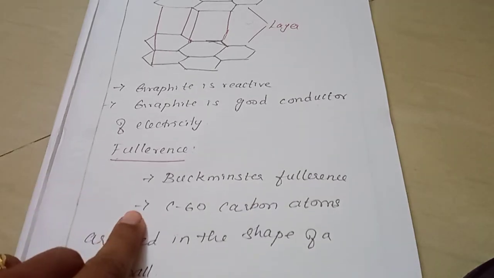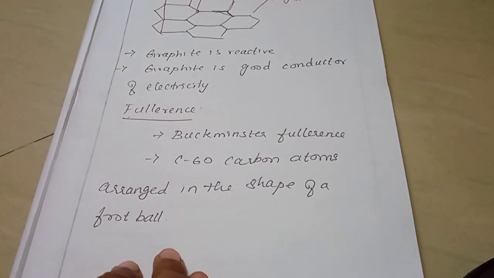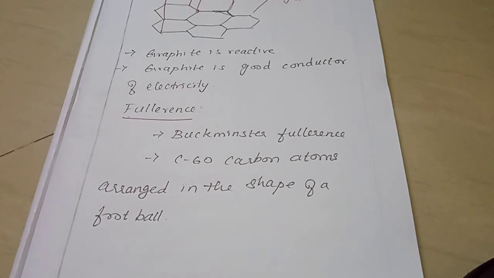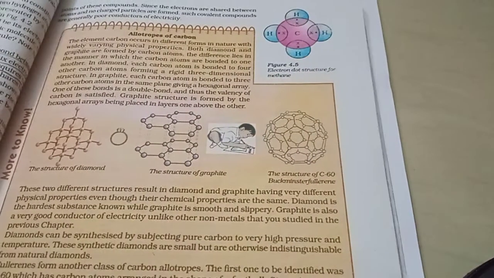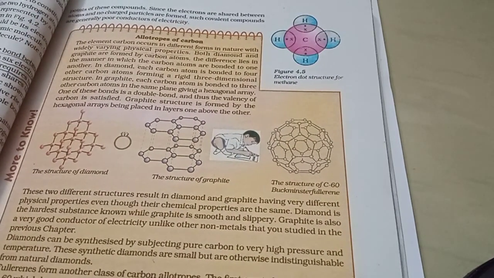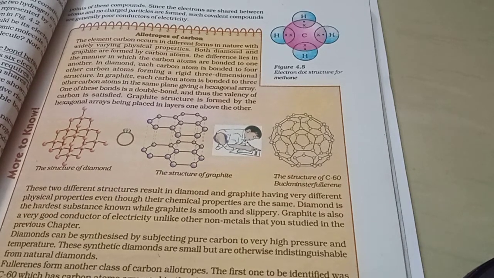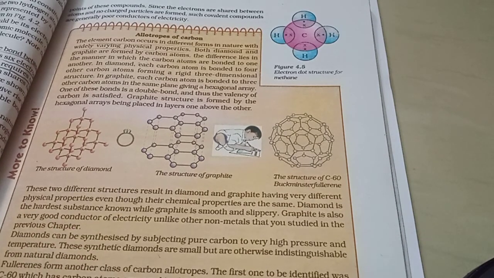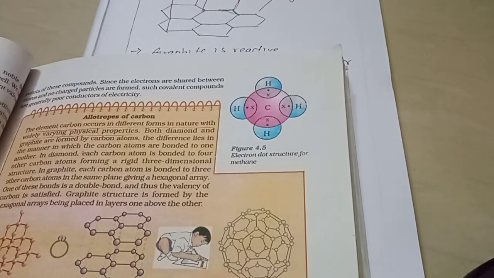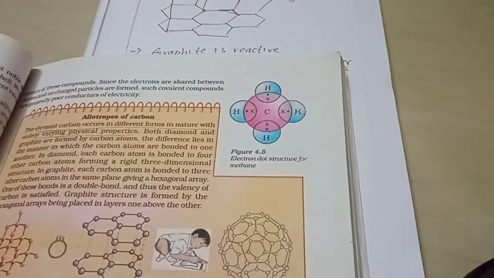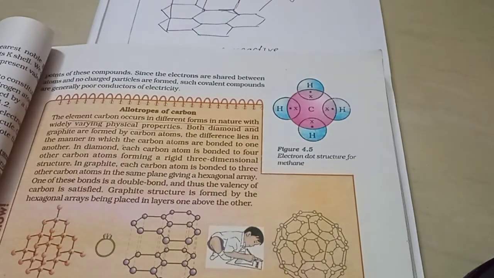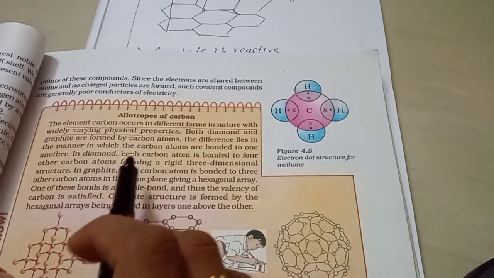And fullerene is also called Buckminsterfullerene, with the formula C60. That is why fullerene has 60 carbon atoms arranged like a football. So we'll see in the book what we have discussed now. I have given the notes and how it will be. This is page number 61. I started from page number 58, and now this is the 60th page. You can see each page wise in this.